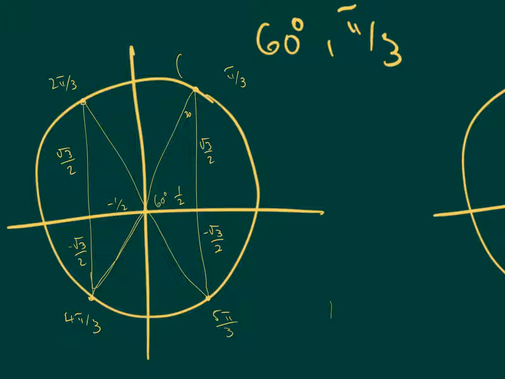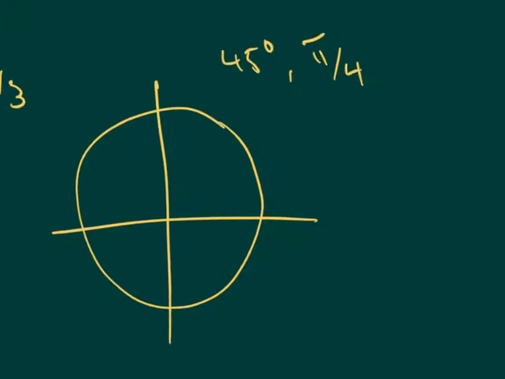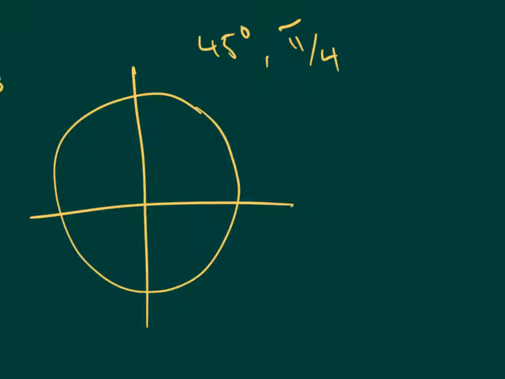So then this point is 1/2, √3 over 2. And this one is -1/2, √3 over 2. This one is -1/2, √3 over 2. And this one is 1/2, -√3 over 2. So then we have one more, the 45, and I'll just do that one a little bit